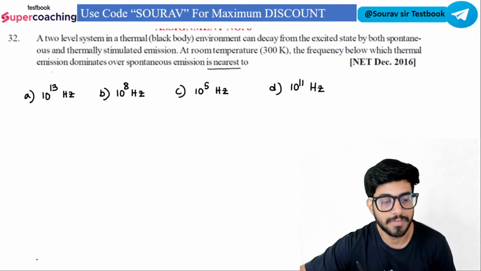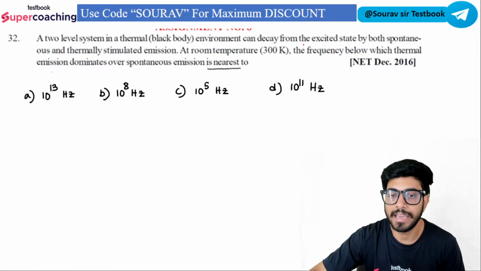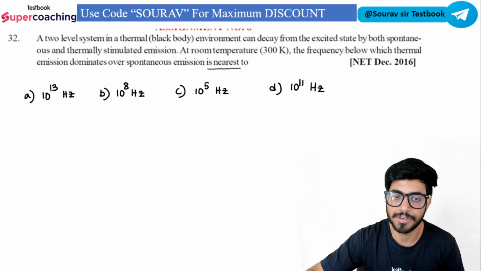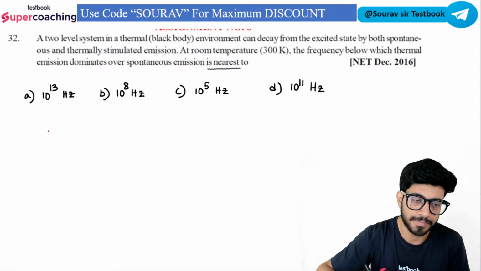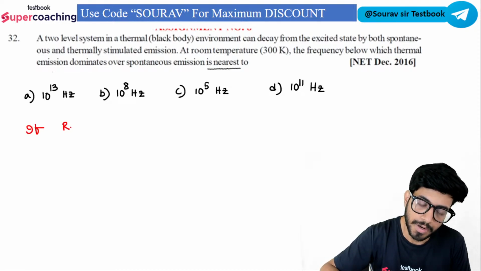क्या बोला गया है बेटा सवाल में, सर जी सवाल में पूछा गया है टू लेवल सिस्टम है, the environment can decay from the excited state by both spontaneous and thermally stimulated emission at room temperature, the frequency below which thermal emission dominates over the spontaneous emission। अच्छा, stimulated emission, if rate of